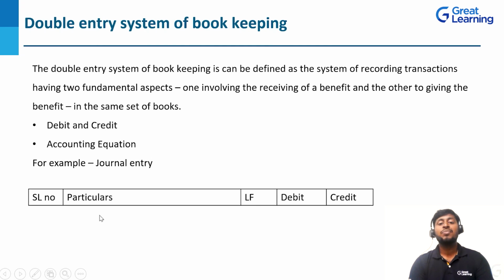Under the particulars, as per the real account rule, debit what comes in. That is plant and machinery comes to the business. So plant and machinery account, debit, to cash account. Because cash is going out, as per the real account, debit what comes in, credit what goes out. So what is going out? Cash is going out of the business. So to cash account. So plant and machinery account, debit side 10,000 and to cash account, credit side 10,000. So this is the example of double entry system of bookkeeping.